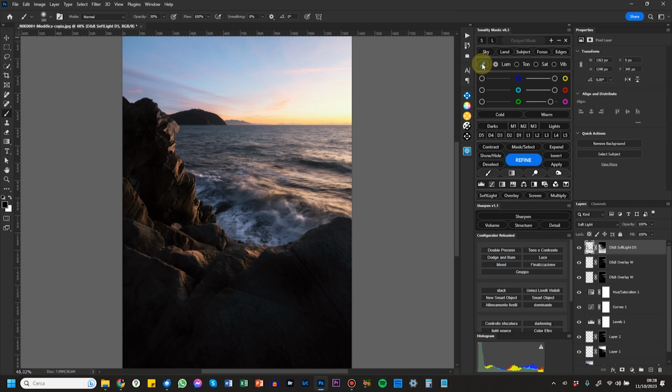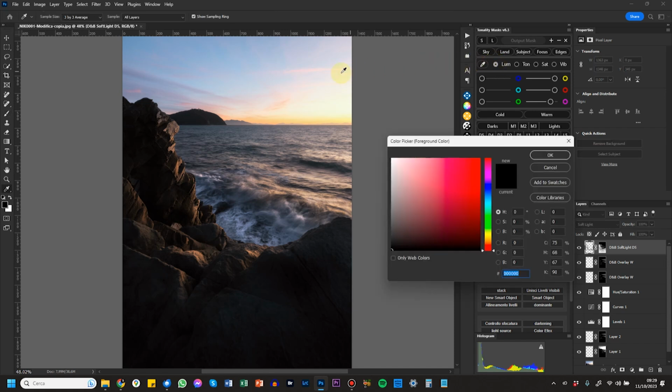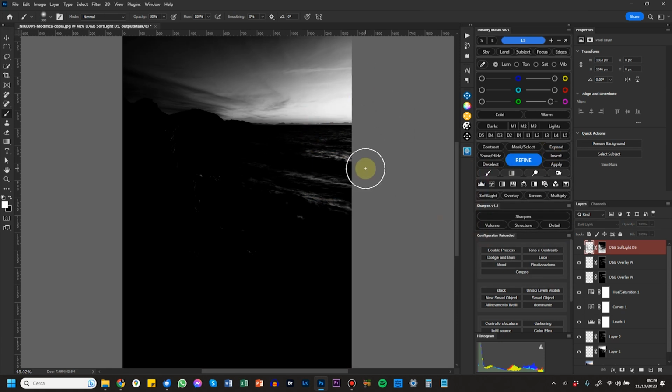I've saved this for last because basically this allows you to choose a mask but with the picker. For example, luminosity, I set the pick to luminosity and I use the picker to select, for example, this area of luminosity. I press OK and it selects it.